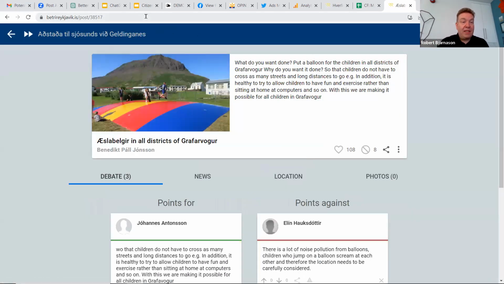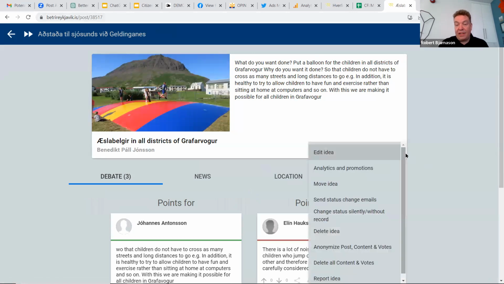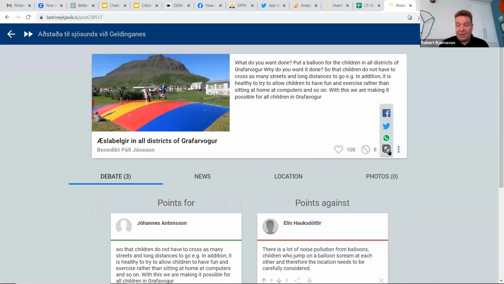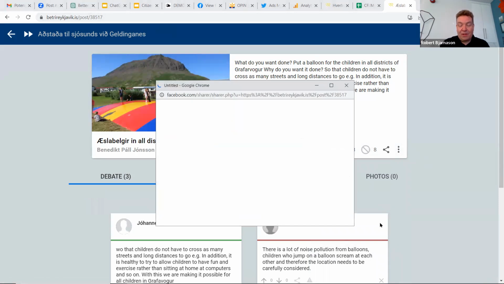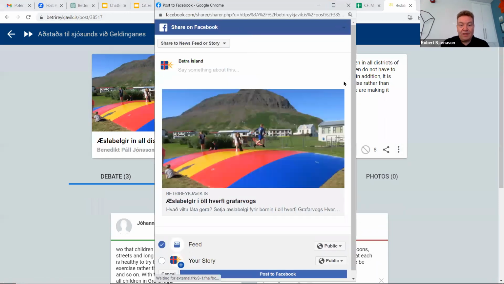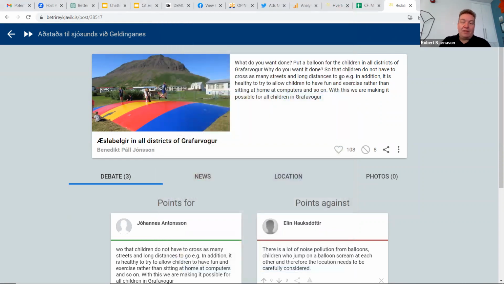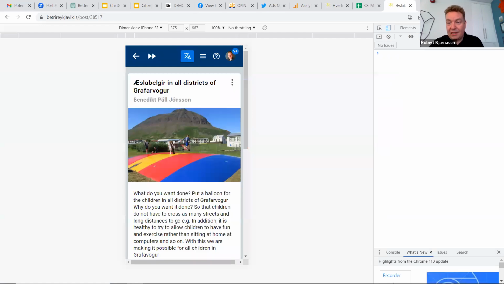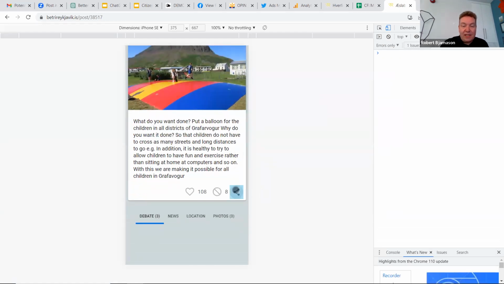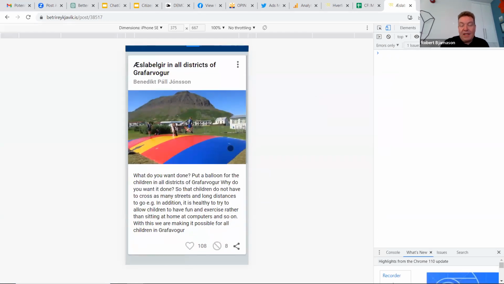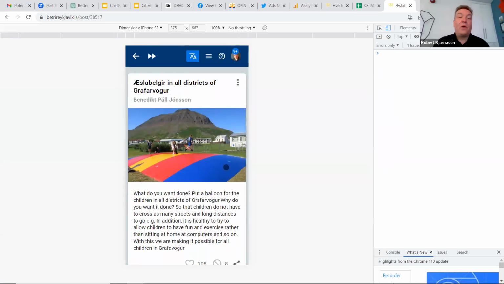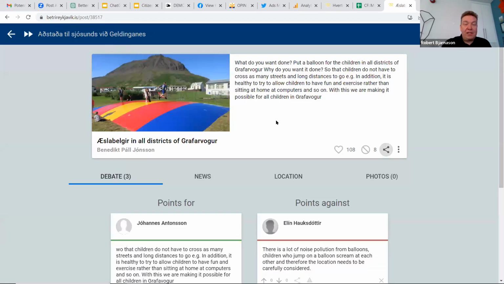So going on social media and clicking the share button here, for example, share it on Facebook, they go in here and they say, oh, this is a great idea. Actually, I'm logged in as Better Iceland here, so I'm not going to share this. Anyway, it's just an example. That's what people do on Your Priorities, or on their phones as well. They go and share, and people definitely share their own ideas, but people also share other people's ideas.